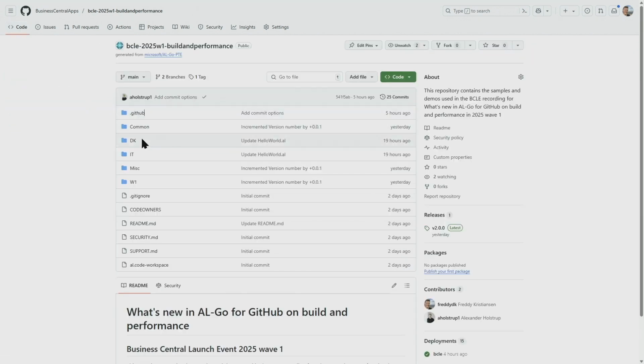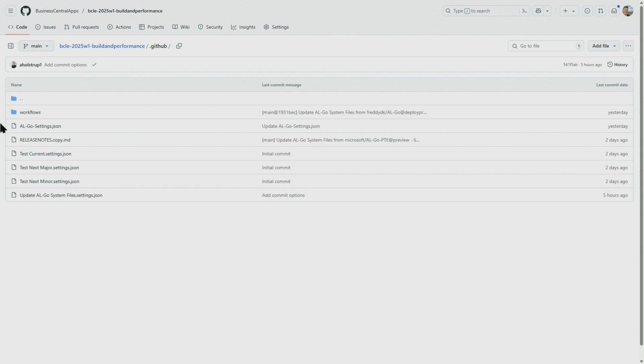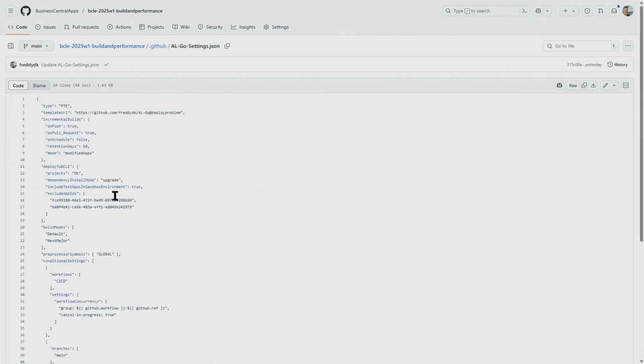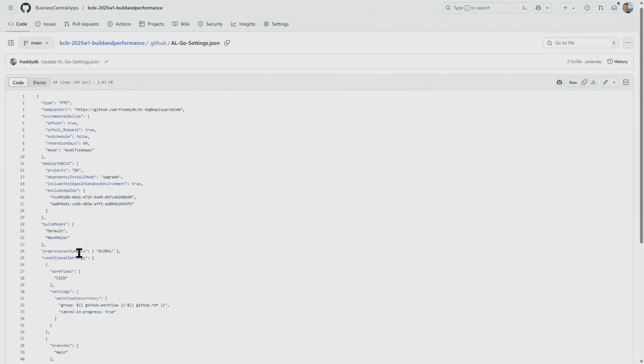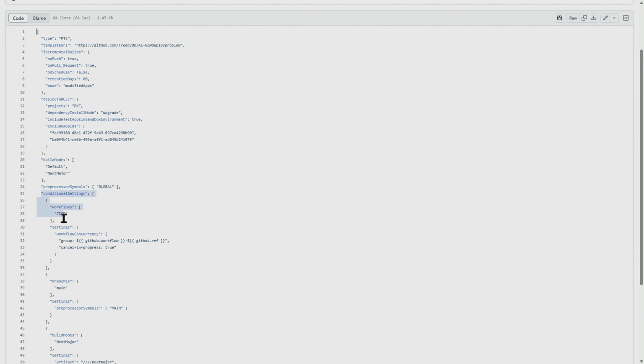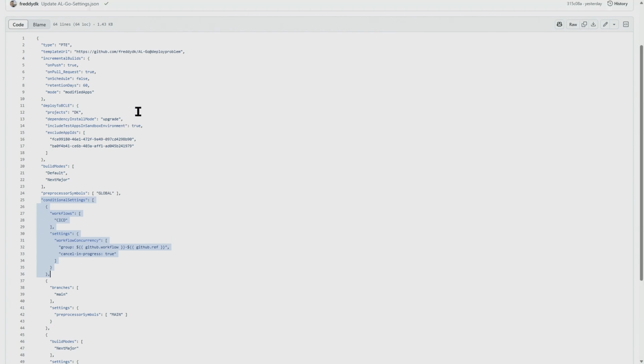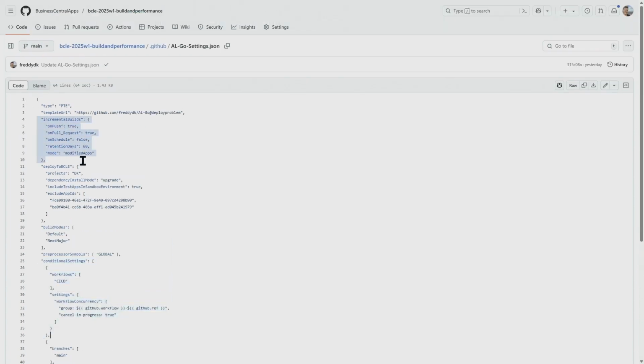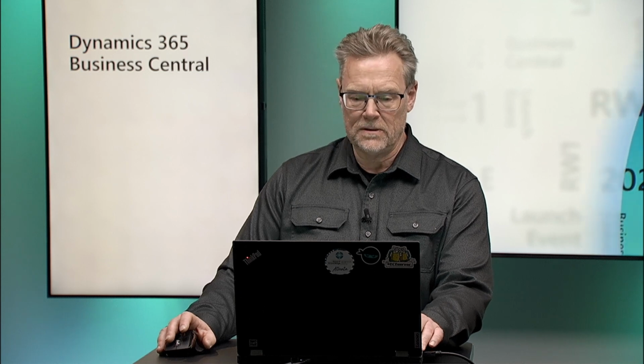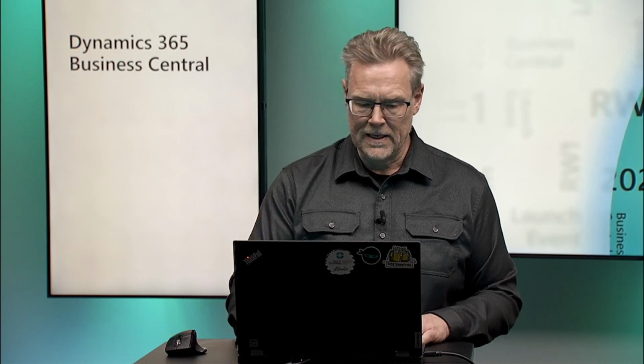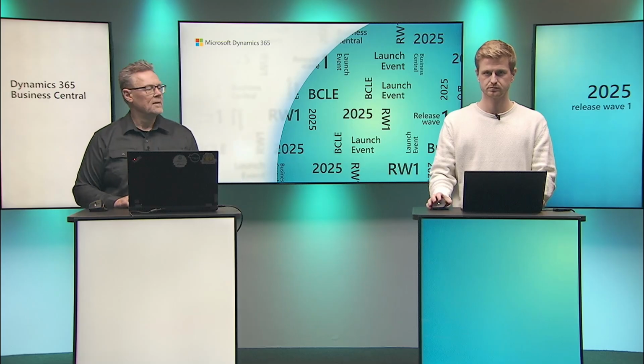Let's look at the settings just to see what actually is necessary in ALGO settings here. And let me see here, the conditional settings here for workflow concurrency is here. And the incremental builds are set here to run on push and on pull requests, but not on schedule. With that, let's go back to the presentation, and I'll give the word to Alexander to talk about conditional settings